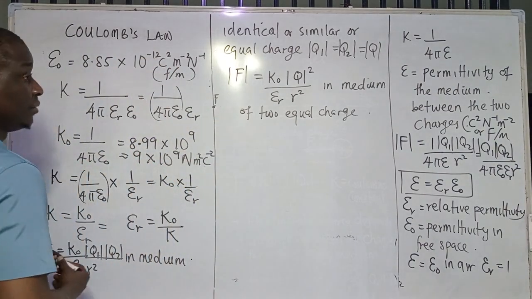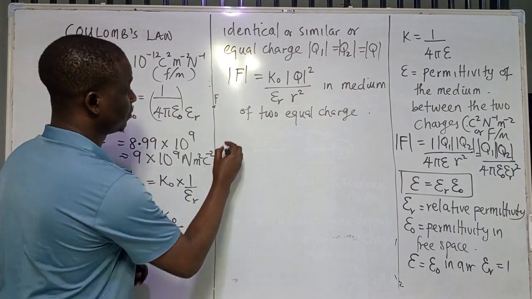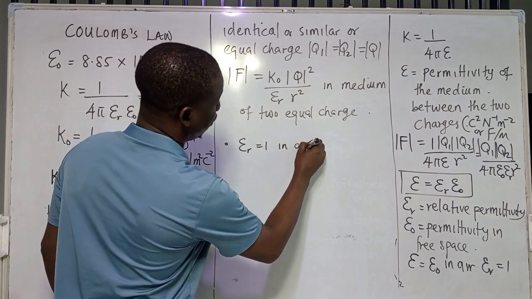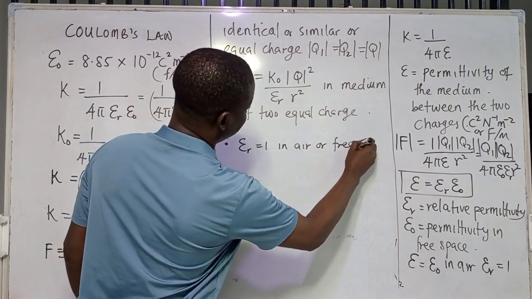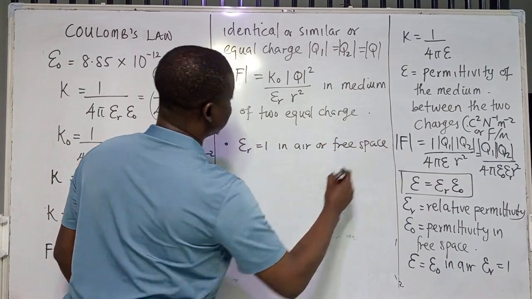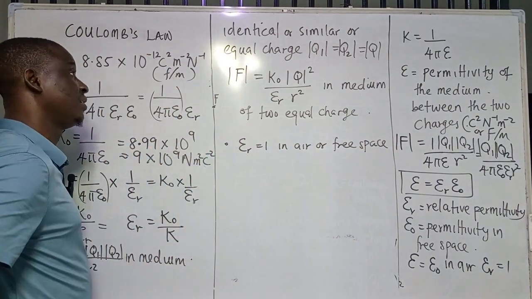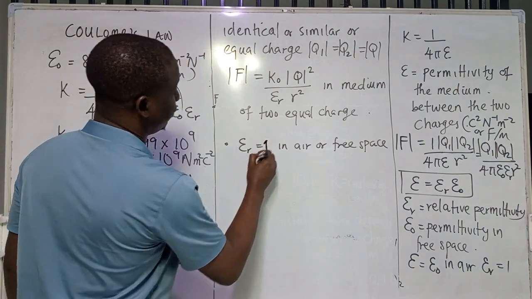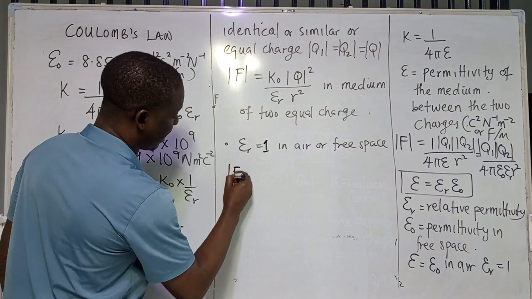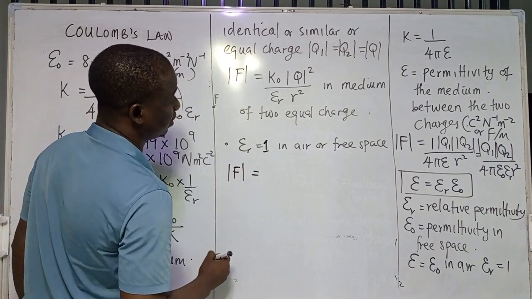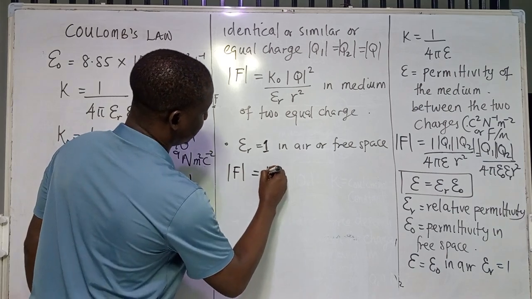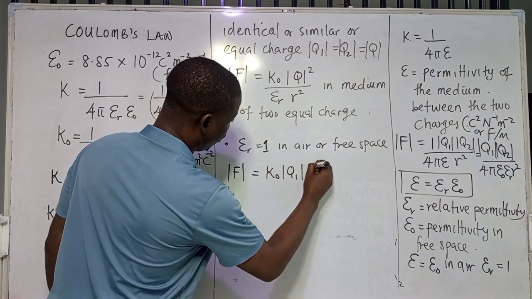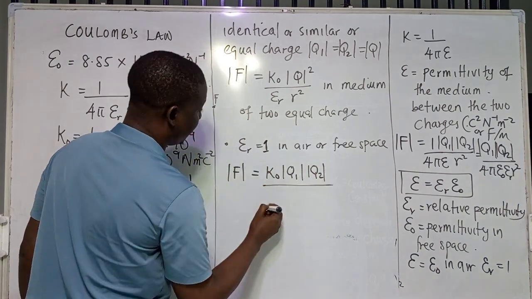Now, in air, epsilon r equals 1, in air or in free space, when the two charges are placed in air or in free space. What happens is that epsilon r will now be equal to 1. So our formula will now be F is equal to K naught, Q1 Q2 divided by